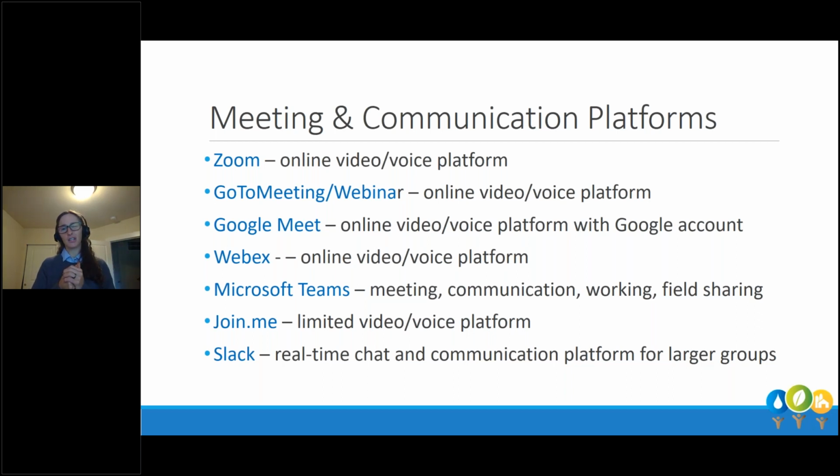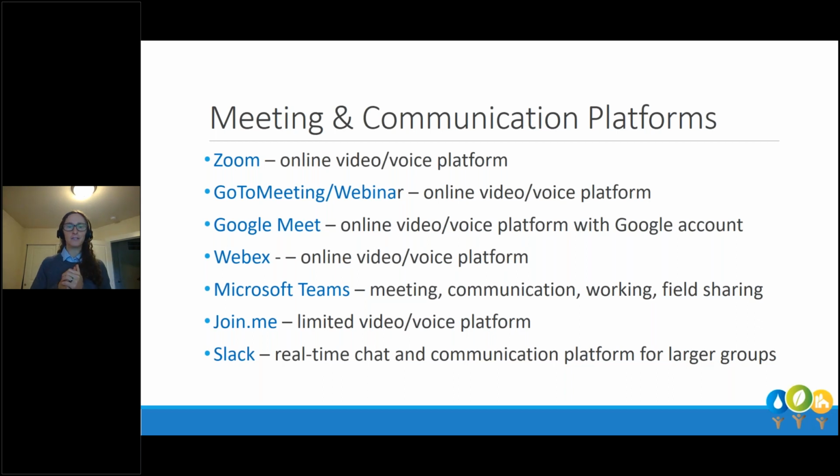And then you've got something like Join Me. No one's really using this, weirdly enough. It's not very user-friendly, and it's way more expensive than other ones. While I put it here because you'll see it rated, or when you search for which virtual platform to use it'll be there, just know it doesn't even compare to these other ones. It has some interesting features, but it won't outweigh the other ones in cost, reliability, or function.